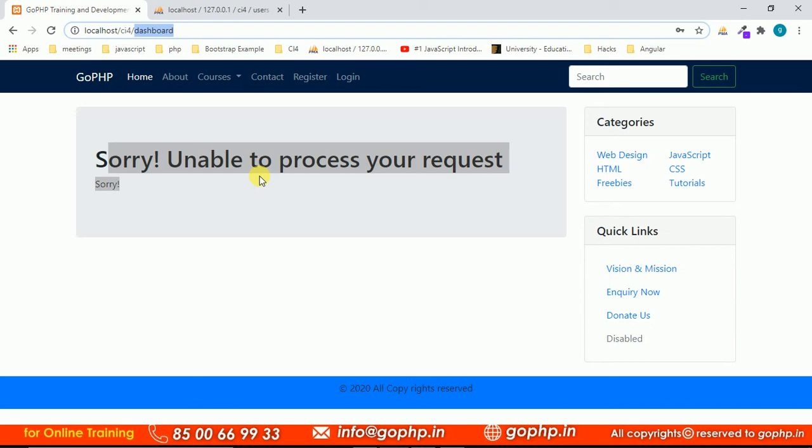Yes, we have to use the session concept, guys. That's why I created the session. After creating the session, I redirect you back to dashboard page. Session is a super global variable. If you create a session in login page, we can access it in our dashboard page, or some other page or some other controller also. Wherever we require, we can use that session, no problem, right? Dashboard controller is not there, that's why this is the error.